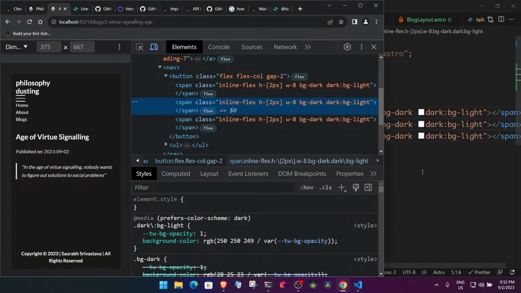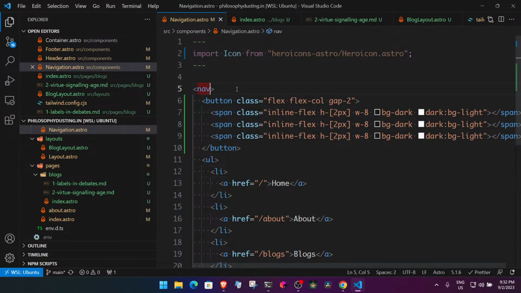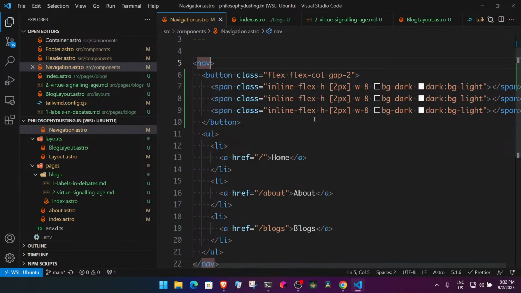Yes. And this navigation should be like, this is fine for now. I can make this as hidden for now,